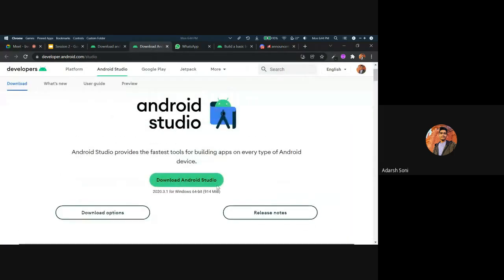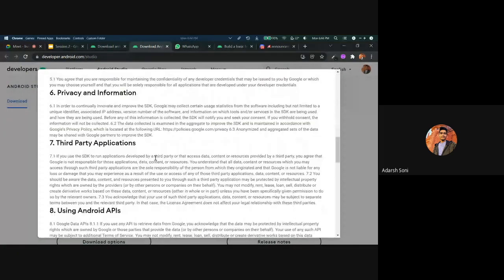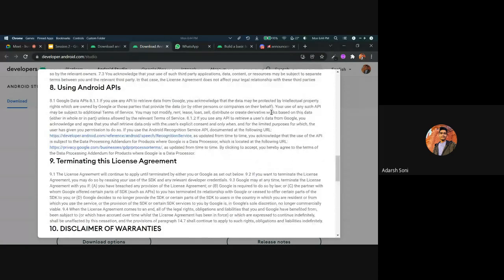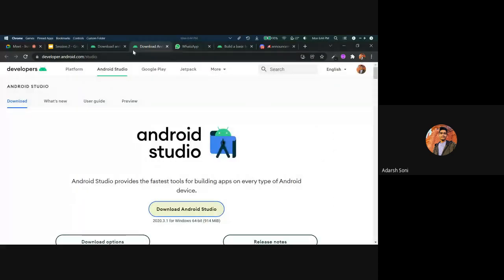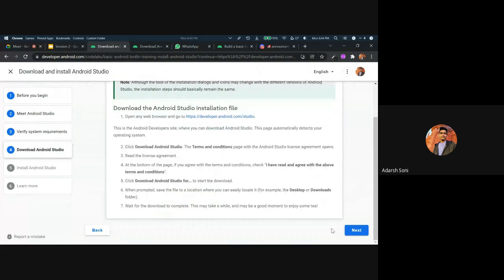Click here to download Android Studio, accept the terms and conditions, and download it. I have already downloaded it, so I'm not downloading it again. It will take a couple of minutes to download, and after downloading, you can install it.